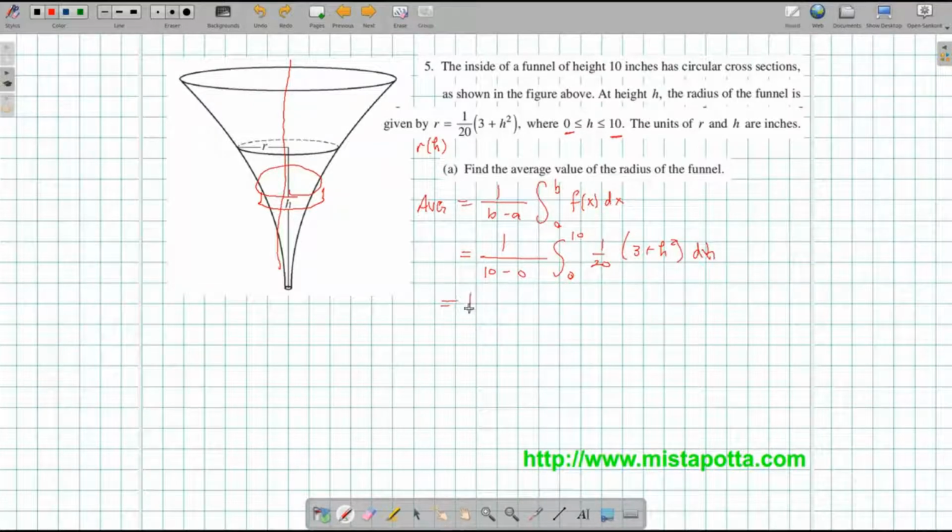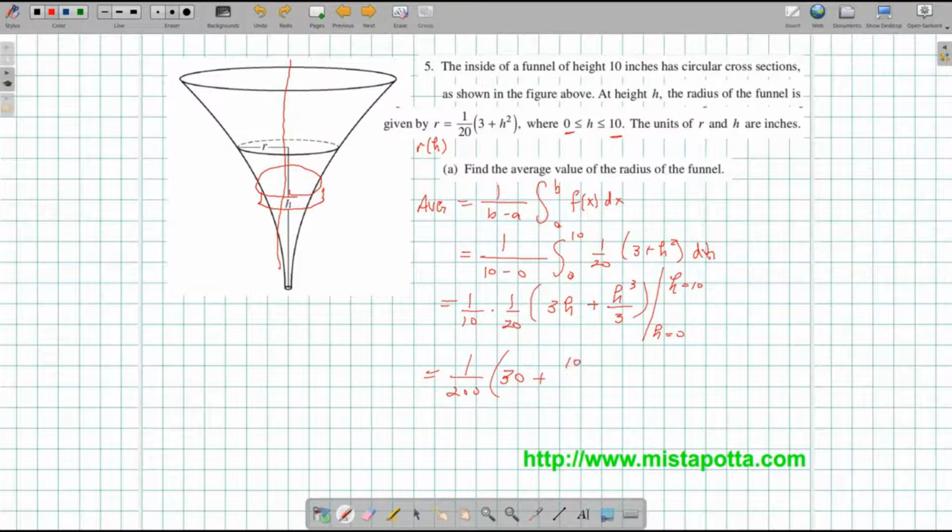So this is going to be 1/10, and then I've got a constant 1/20th, which I can pull out. And I can integrate this. 3 is going to be 3h plus h cubed over 3, which we're evaluating from h equals 0 to h equals 10. So I'm going to have 1/200th of, now substituting h equals 0 into here gives us nothing, but substituting h equals 10 is going to give me 30